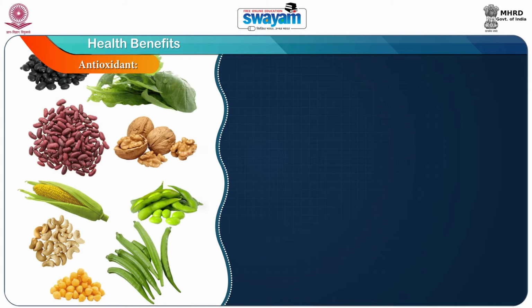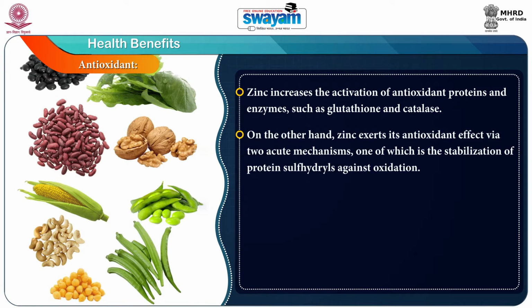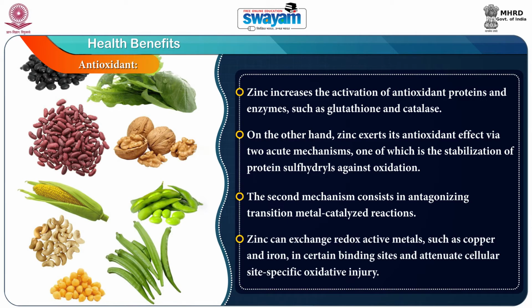Now, the role of zinc as an antioxidant is very well known. Zinc increases the activation of antioxidant proteins and enzymes such as glutathione and catalase. On the other hand, zinc exerts its antioxidant effect via two acute mechanisms, one of which is the stabilization of protein sulfhydryls against oxidation. The second mechanism consists in antagonizing transition metal catalyzed reactions. Zinc can exchange redox active metals such as copper and iron in certain binding sites